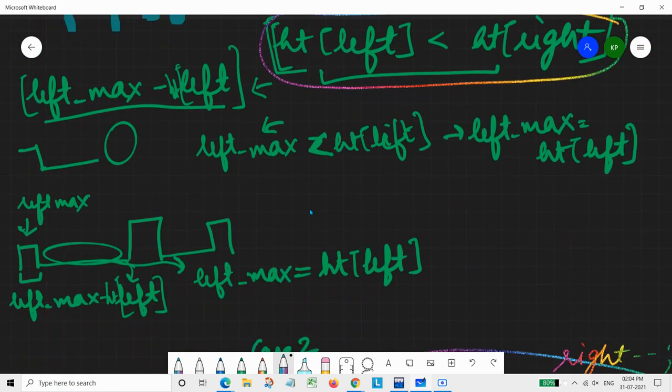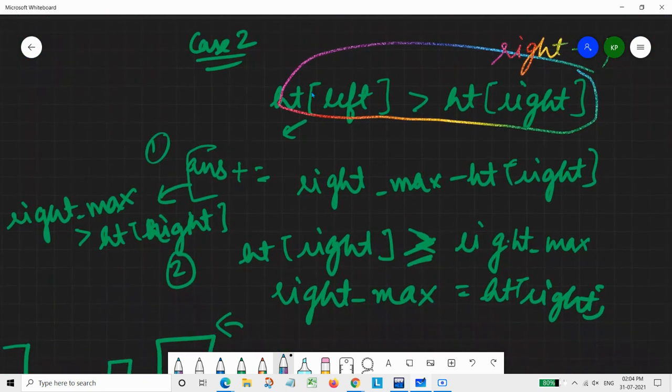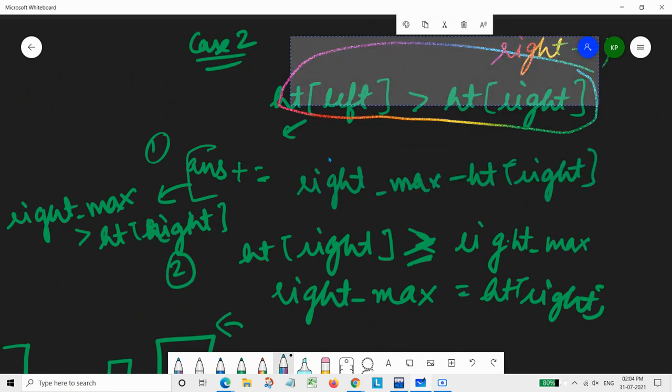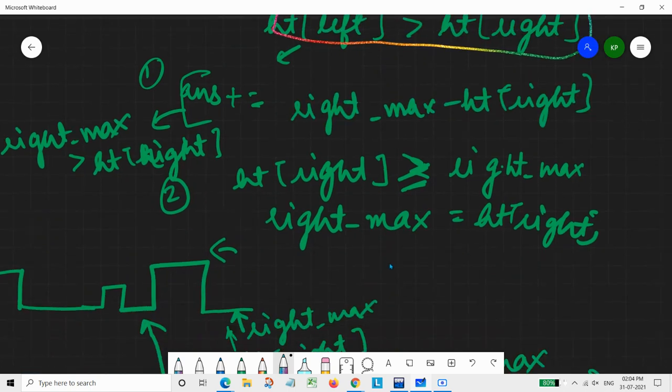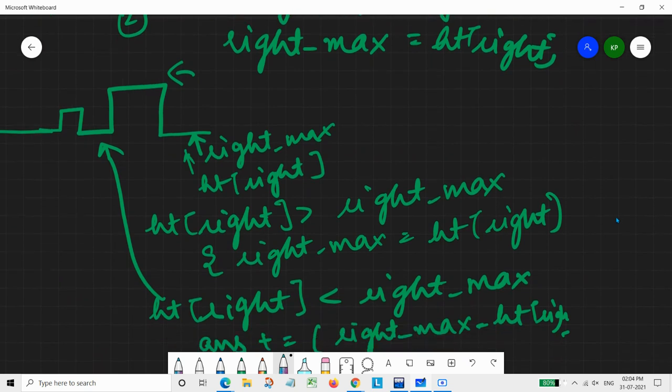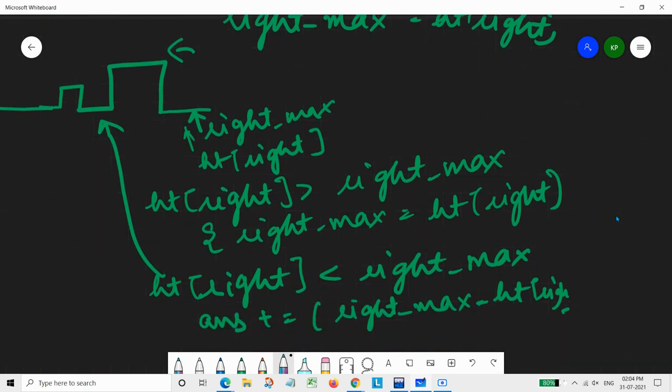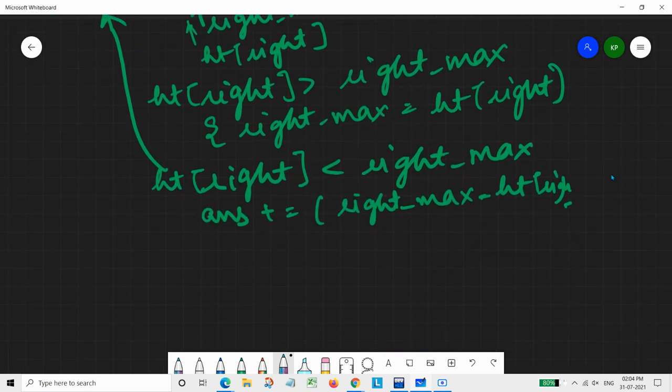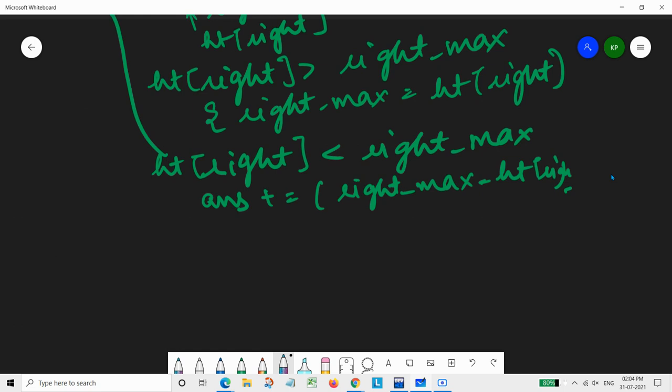So these are basically the cases which we need to handle while solving this problem, and it could be done by two pointers rather than using any other approach. And as it is using two pointers, it has time complexity order of n, and space complexity is order of 1 because we are storing nothing. So that's why it is one of the most optimized solutions.